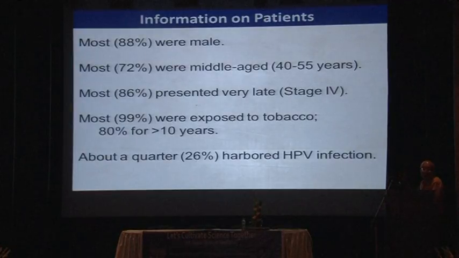Most are male. This is predominantly a male cancer. Oral cancer is predominantly a male cancer. Most individuals are middle-aged. They present themselves at a very late stage. Usually what happens is that before you get cancer, you get white patches inside the mouth, but you think that these are just white patches, perhaps they will go away, so we don't care, we don't go to the doctor, but eventually when it becomes a big bruise,